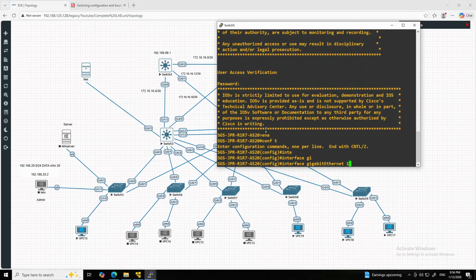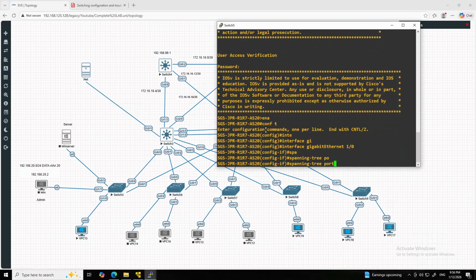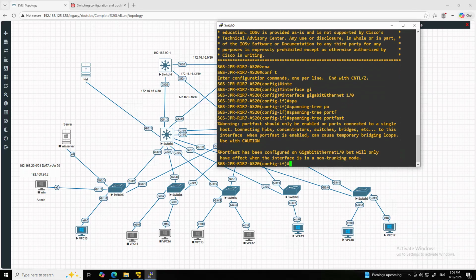Interface gig 0/0, spanning-tree portfast. First, we can run portfast since we know that there is no switch connected to this port.